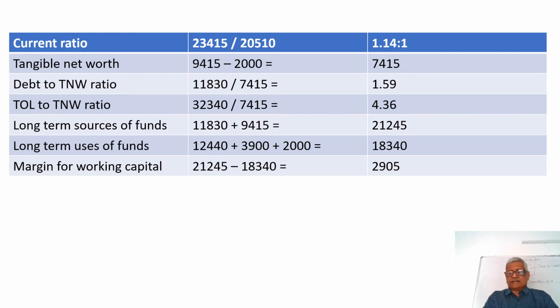To summarize, the equity and liability side gets divided into 3: current liability, term liability, and the net worth, and the asset side gets divided into 4. That is current asset, fixed asset, non-current asset, and intangible assets. See, the idea is to ensure that the right item goes to the right place. If it is otherwise, it could be possible that we may be making a wrong assessment about the company.